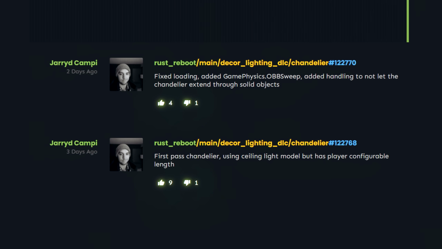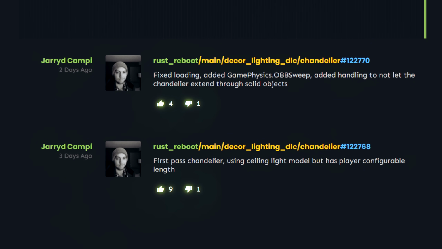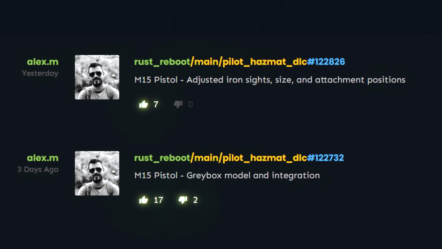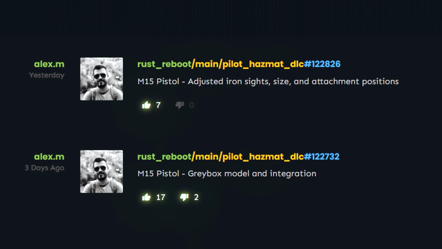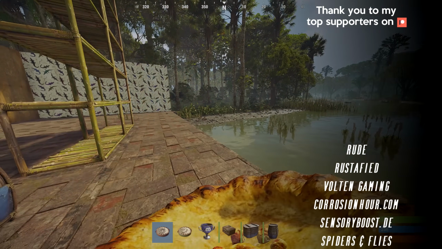And there are yet more DLC items mentioned in the commits this week, such as a decor lighting DLC with a chandelier and a pilot hazmat DLC, which will include an M15 pistol. So, lots to get your teeth into soon, and I will keep you in the loop on development,